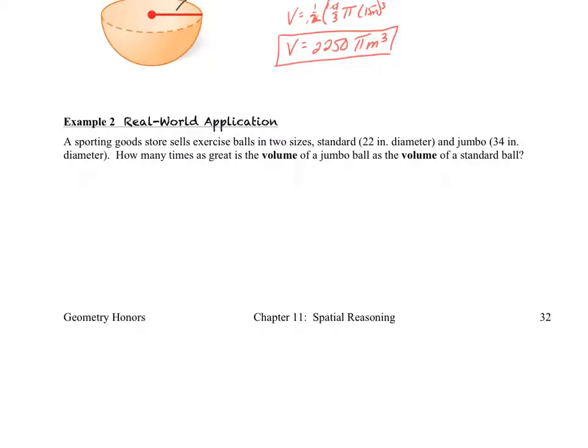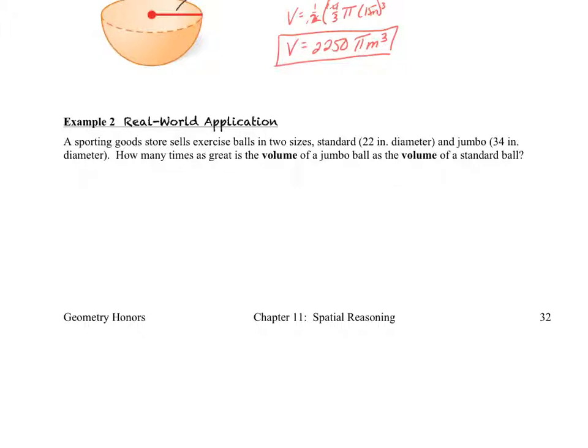Sporting Goods store sells exercise balls in 2 sizes, standard 22-inch diameter and jumbo 34-inch diameter. How many times as great is the volume of the jumbo as the volume of the standard? All right, we could do a couple things here. So if we want to know how many times as great is the volume of the jumbo ball as the volume of a standard ball, we can find